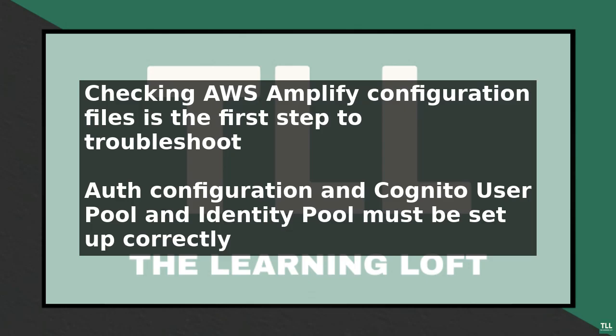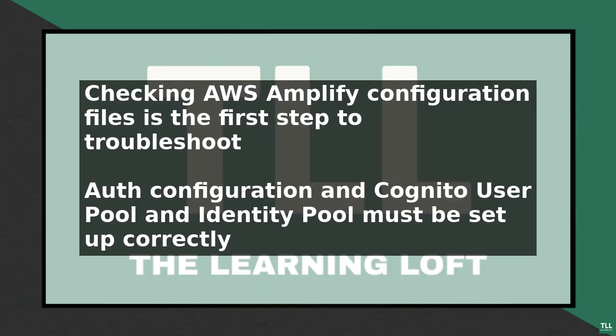To troubleshoot the sign-up flow, start by checking the AWS Amplify configuration files. Make sure that the auth configuration is set up correctly, and that the Cognito user pool and identity pool are configured properly. You can do this by checking the aws-exports.js file, which contains the configuration settings for your Amplify